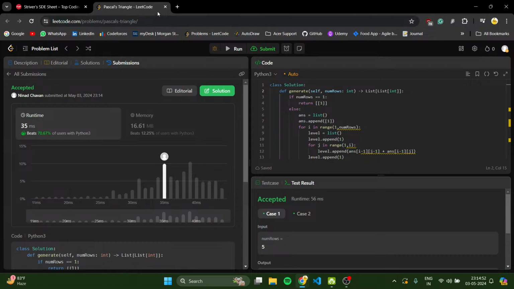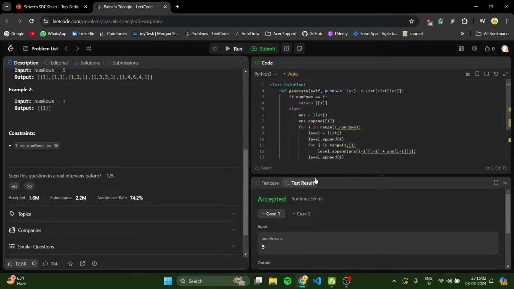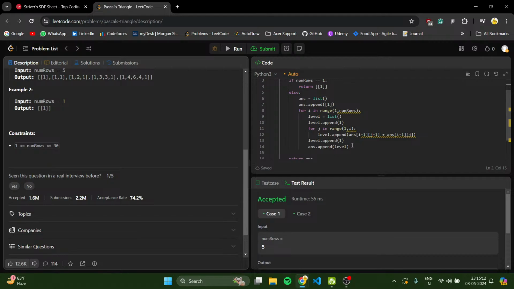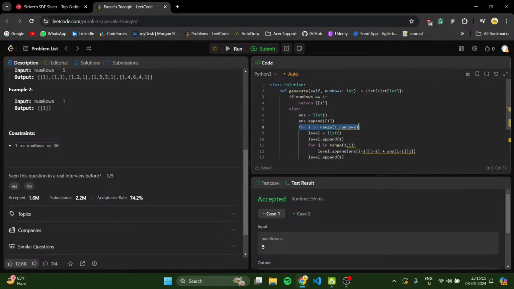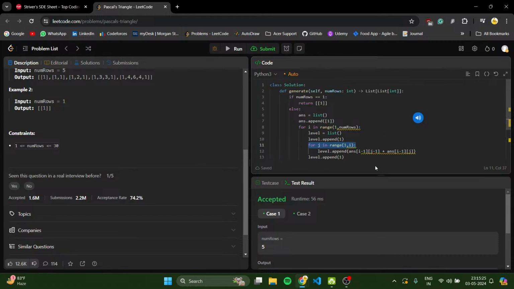Okay. Now moving on to the next question. Okay, we didn't discuss the time complexity. When the constraints are very low, 30, we can do a 10 raised to 4 solution also, but we don't want to do that here. So the time complexity: this is a for loop that runs till number of rows, and this is a for loop that runs till the middle part. So we can say that this is an n cross n solution. The time complexity for this will be n cross n,